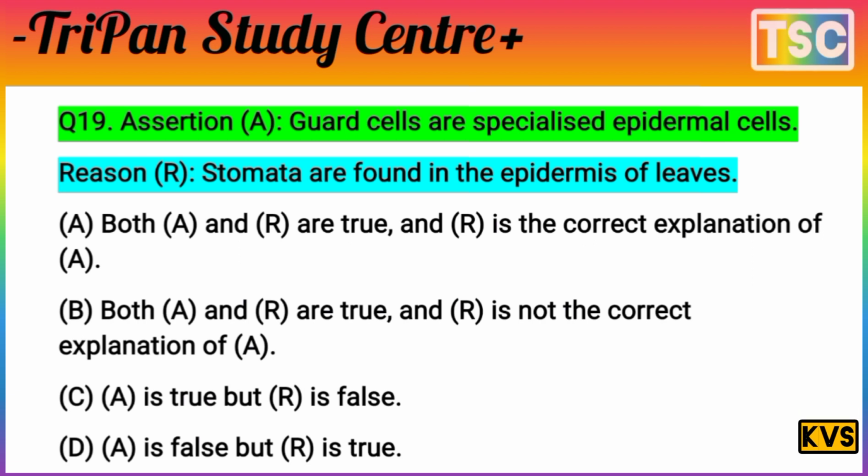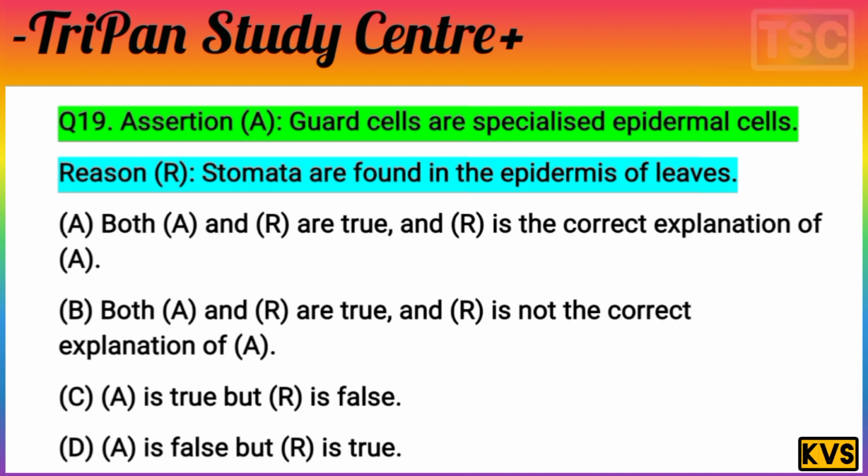The option A is both A and R are true and R is the correct explanation of A. B is both A and R are true but R is not a correct explanation of A. C, A is true but R is false. And D, A is false but R is true. You know that first of all, one important thing to understand here is that A and R are true because